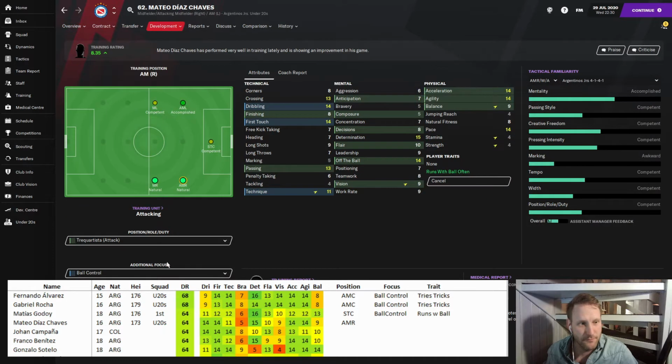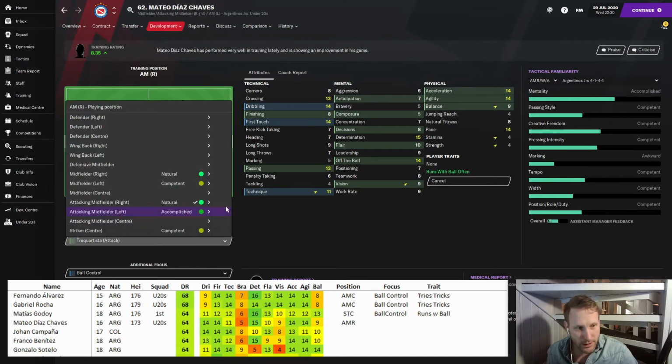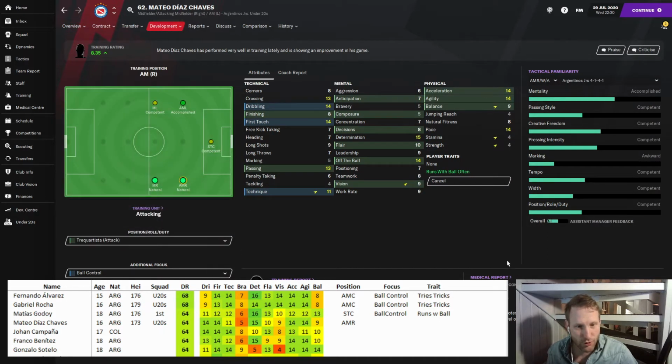Training: A-R, trequartista, ball control, and runs with the ball often. Let's leave it there for now.